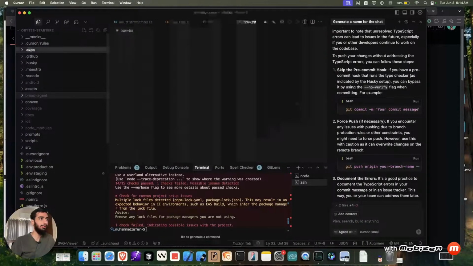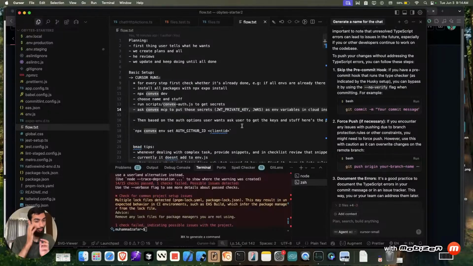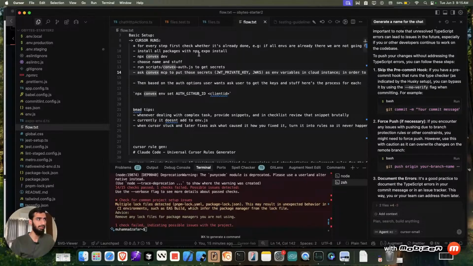I have this flow thing. This is not for people to see. This is just me trying to make the workflow how I want the kit to work and how people can set it up, but it's not done yet. There is some extra stuff you won't understand for now because I haven't provided any context to it. But for setting up Convex, the first most fundamental thing you do is